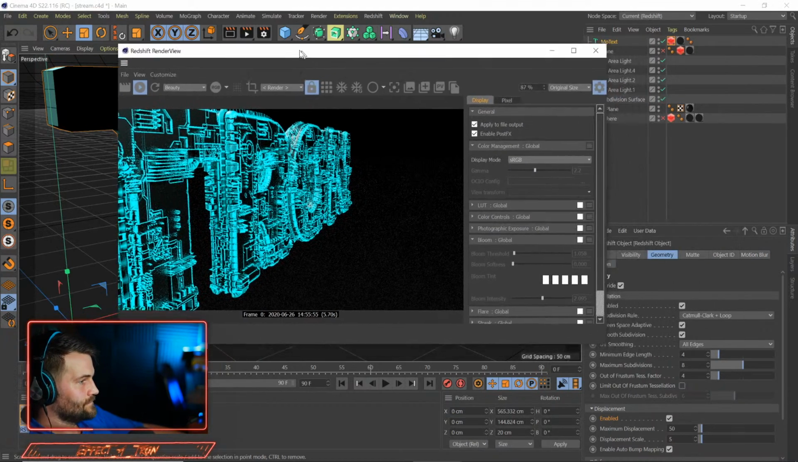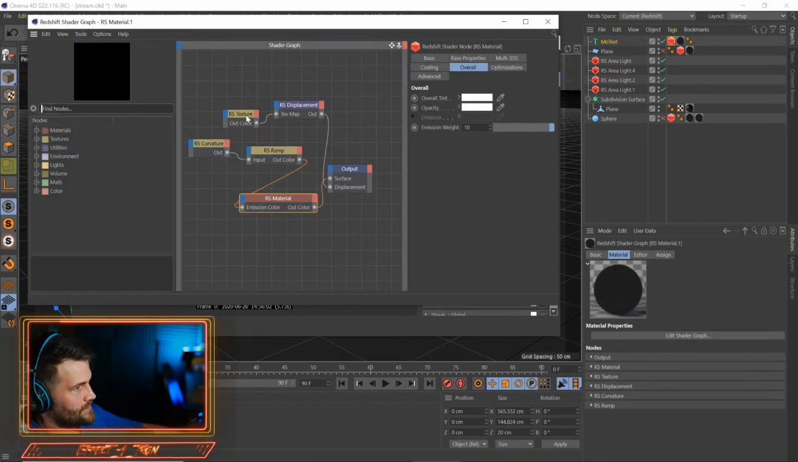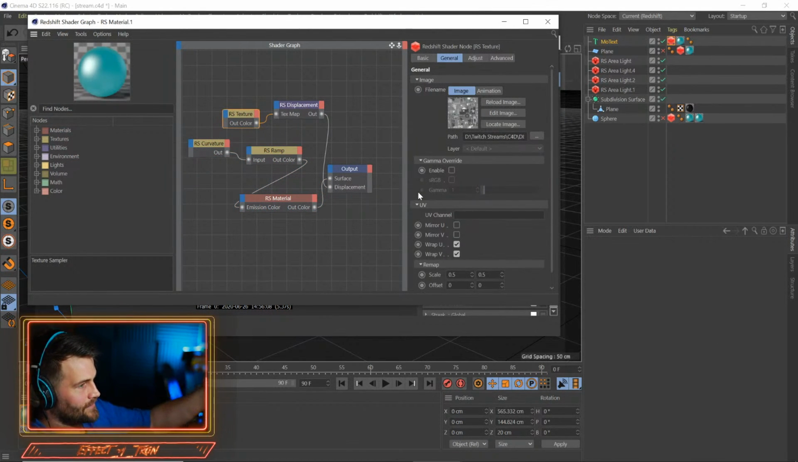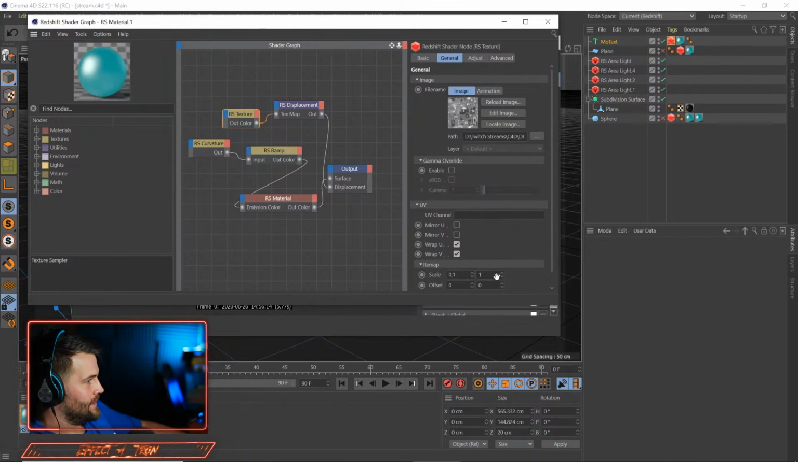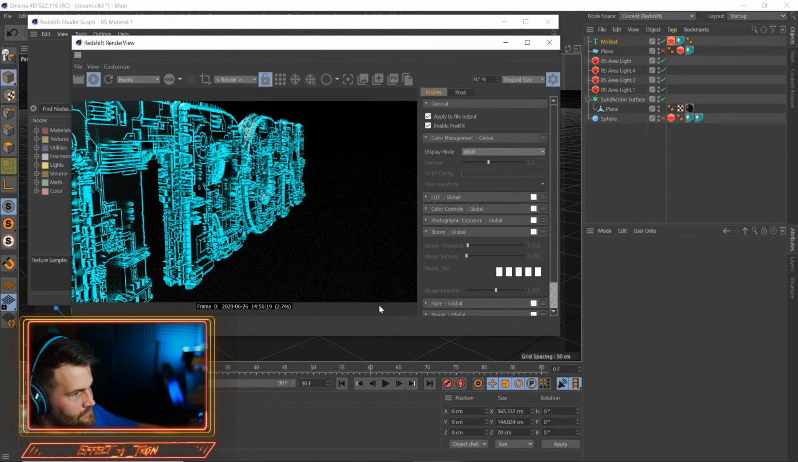Yep. And if you want to change the way it's applied, just change the scale of your texture here. And remember, with texture maps, if you want it to be bigger, you go smaller. And with noise maps, if you want it to be bigger, you go bigger. So